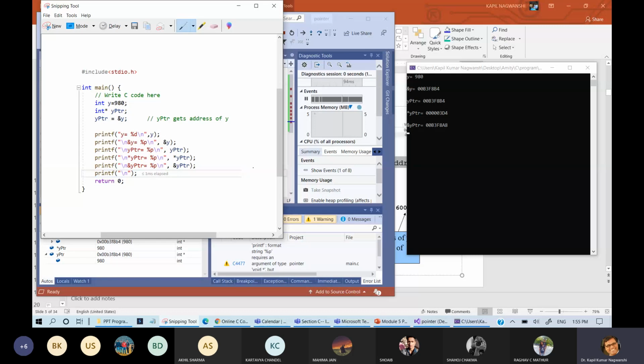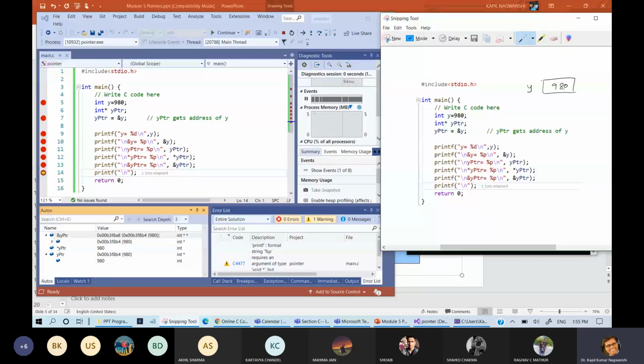So this is the screen, and in this screen you can see that there are different values available. So this is y. This y is a very simple thing. This is our y. The variable name is y, and it holds 980.